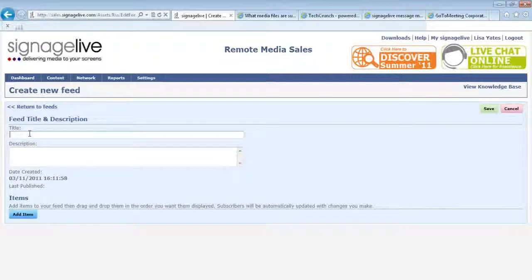this is the part where we actually create our feed. So what we need to do is give our feed a title, so that when we're using the browser, it's easier to find the feed that we're looking for. So today we will call our feed Webinar. And then what we need to do is add items to this feed. So if I hit Add Items, the blue button in the bottom left-hand corner,